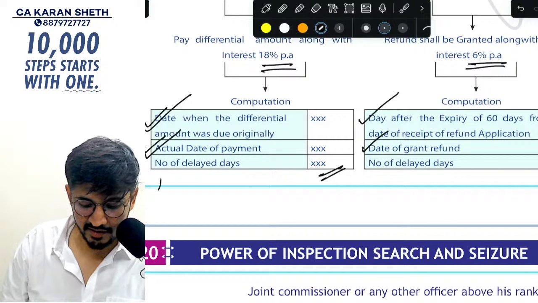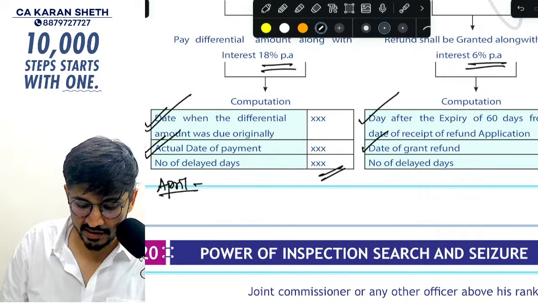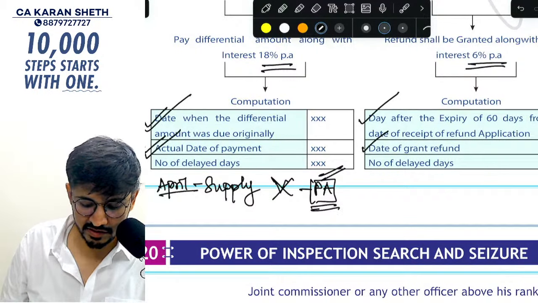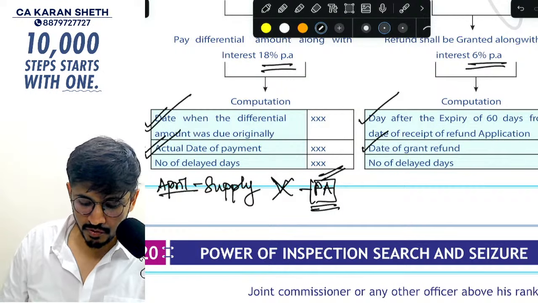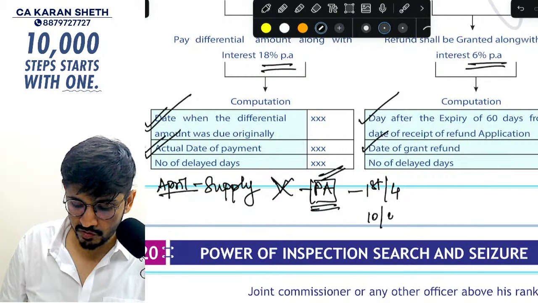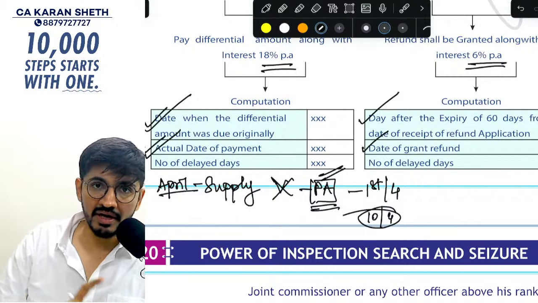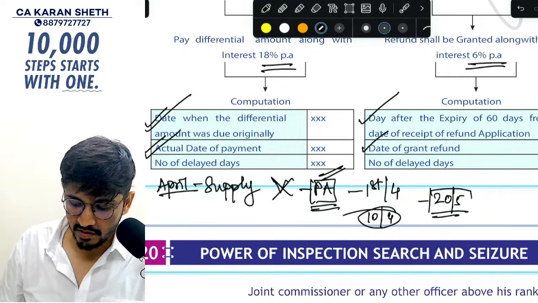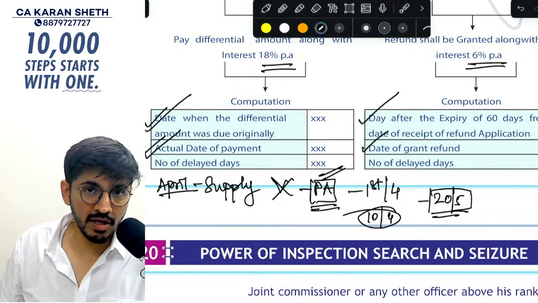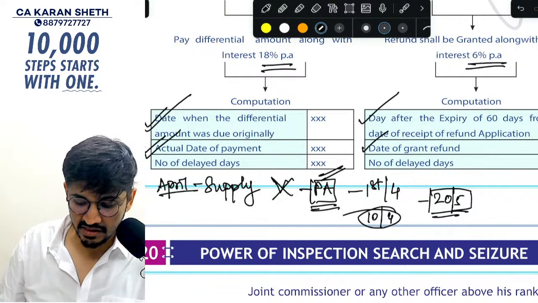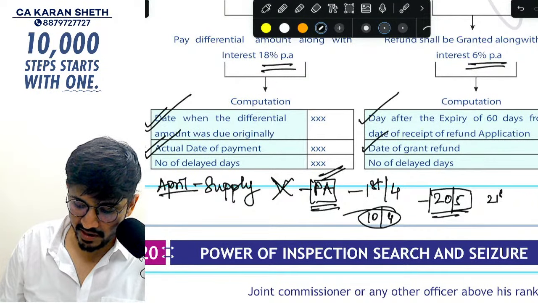So understand, if April was the month where you actually did the supply and you did not know the value, so you made an application for provisional assessment. You applied on 1st of April and you got the reply on 4th of April. Accordingly, whatever value was given, you paid on 20th May itself. Now understand, that value came out to be lesser, because in the FA order a higher value was assessed. Then understand, from 21st May itself,